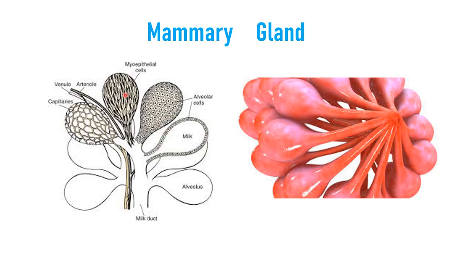These alveolar cells are lined by epithelial cells. They secrete milk, which opens into mammary tubules, where the milk is collected in a common duct called the milk duct. The mammary glands are present in the thoracic region of both sexes, but are functional in females only. As we are seeing here, this is the structure of the mammary glands, with many lobes.